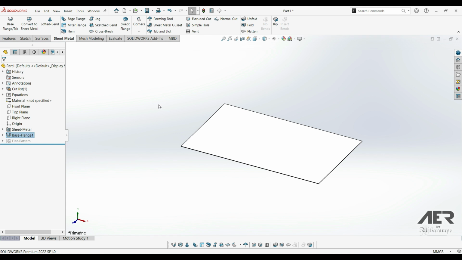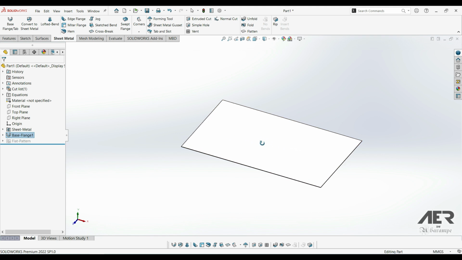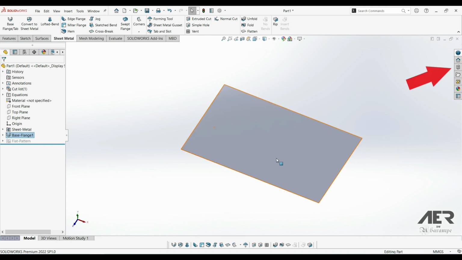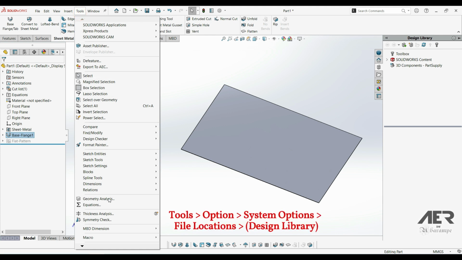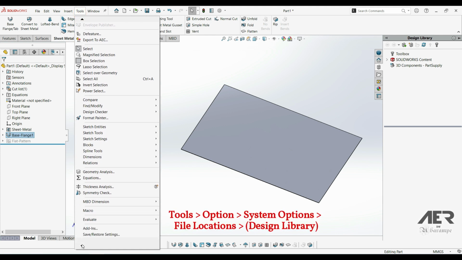To get to our forming tools, we have to open the design library tab. And this is over here on the right hand side of the screen. It looks like a little set of books. Click this icon and we'll open this side panel, and we should see the design library here. If we don't see the design library there, like we don't see it on my screen, then we might just have to add it to our Solidworks. And it's a pretty straightforward process, so if you don't see it there, just go Add to Tools, go all the way down to the bottom, then choose Options,